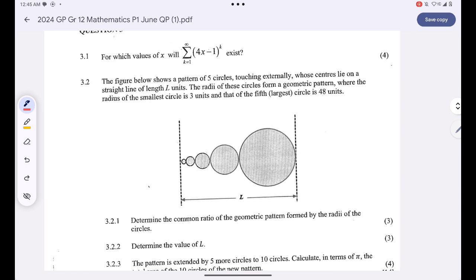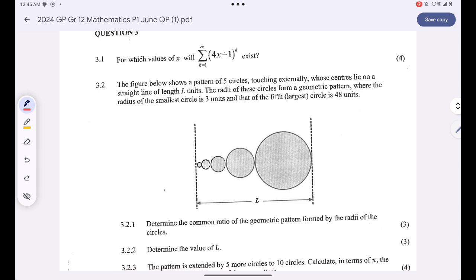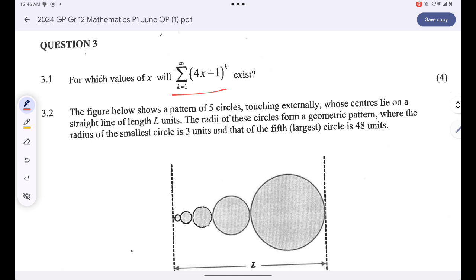Okay, first question, we are being asked for which values of x will this expression over here exist? Okay, I'm given a sigma notation. I'm definitely dealing with number patterns, and I see the term that says infinity there. That means this is a sum to infinity, and the only sequence that